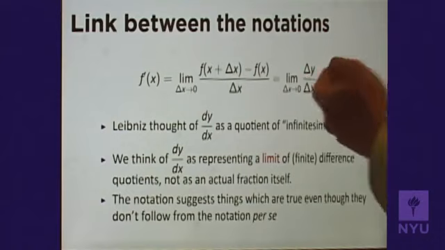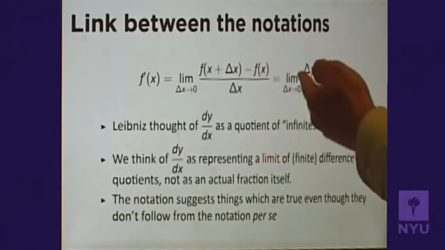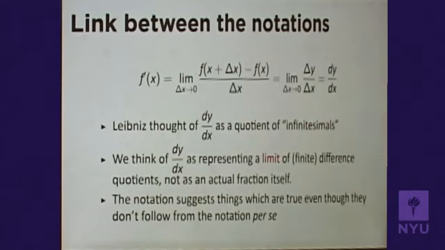So delta y divided by delta x is an actual slope of an actual line, and in the limit it becomes the derivative. So what we have is a nice connection between the limit of a finite difference quotient and this infinitesimal. All right, Leibniz liked the idea of infinitesimals. We don't actually use infinitesimals because they don't represent actual real numbers. But it is quite useful to think of dy divided by dx as a quotient, even though we're not actually